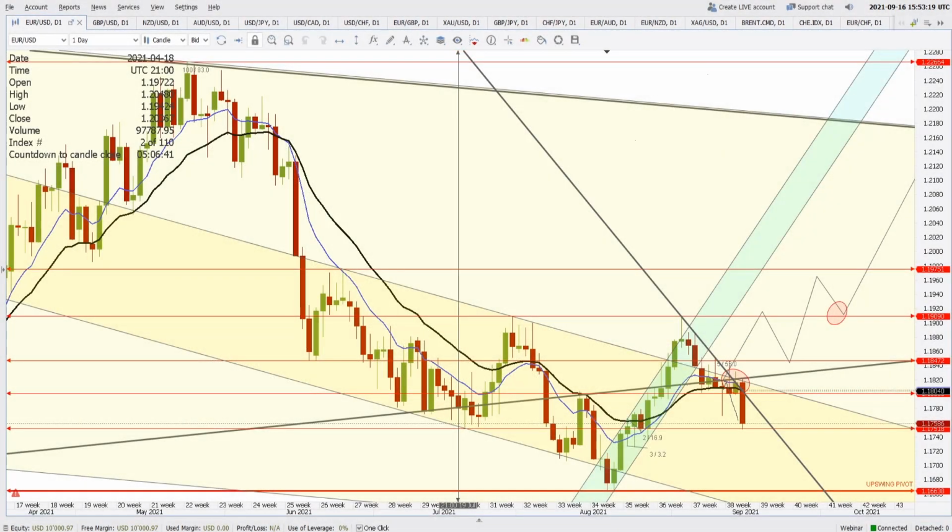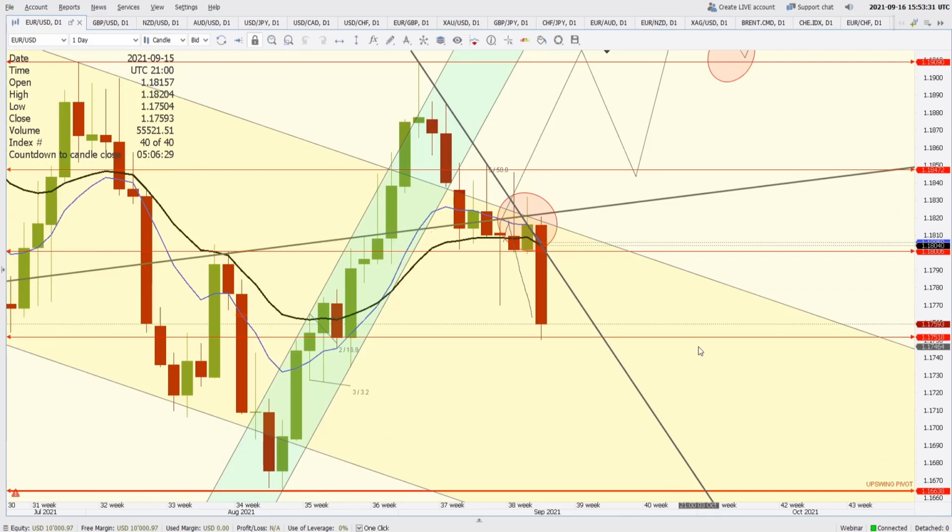The first chart that you will see today is, like usual, the Euro US dollar daily chart. We try to trade from the daily charts only, so this is what I'm going to show you. The video that we uploaded yesterday about the technical analysis had the heading that more losses are ahead: Euro USD GBP USD technical analysis on 15th of September, and the title also included Euro USD more losses ahead. So yesterday the candle closed at around 1.1816, and today, after seeing a high of 1.1820,